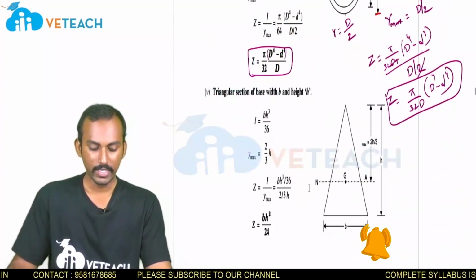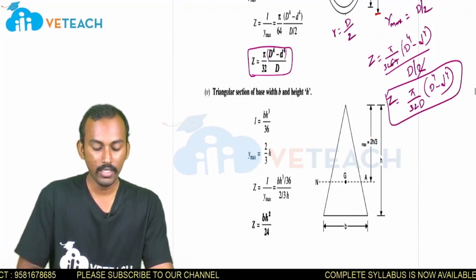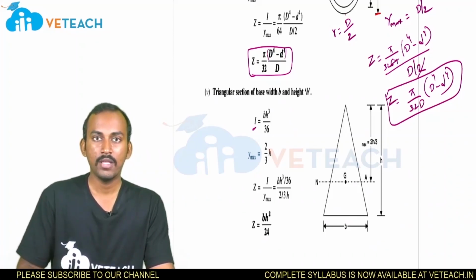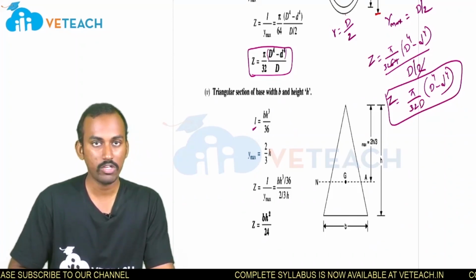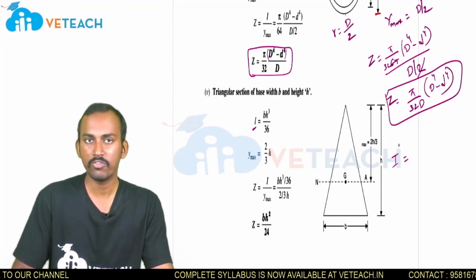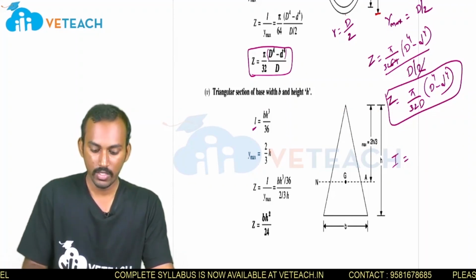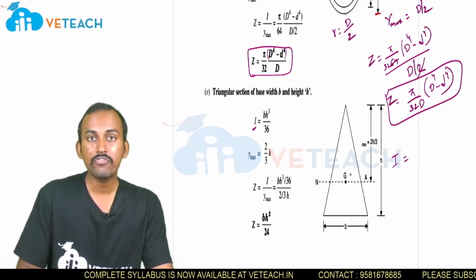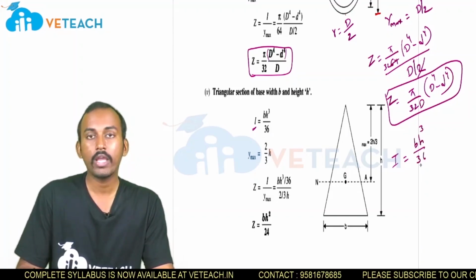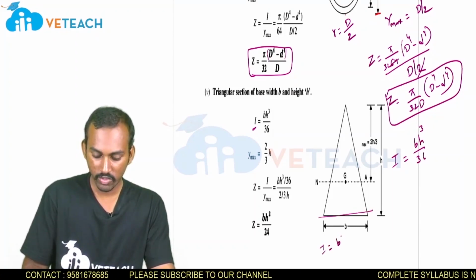So similarly, let us consider a triangular section. For this triangular section, what is the I value, what is the z value? For all the remaining types, we are considering the I value with respect to the centroid. Previously we discussed some formulas, bd cube by 12 and pi d power 4 by 64. Those are the moment of inertia with respect to the centroid. With respect to the centroid, the moment of inertia of a triangular section is bh cube by 36. If you consider the moment of inertia at the base, then I is equal to bh cube by 12.